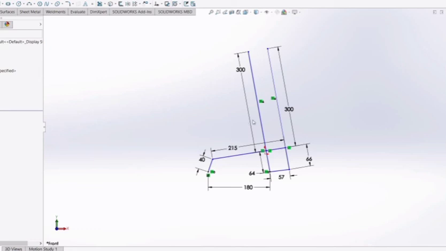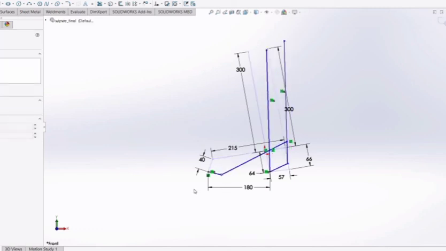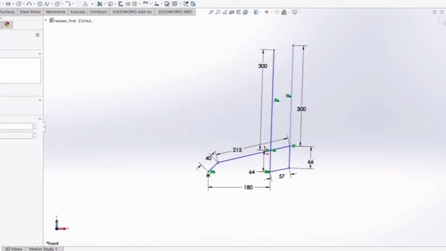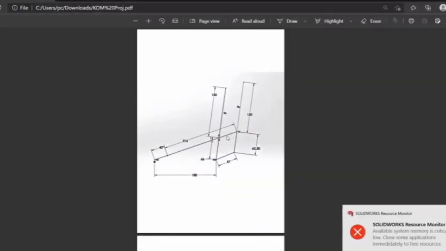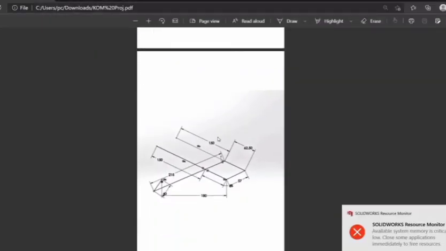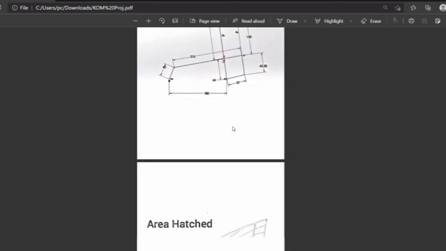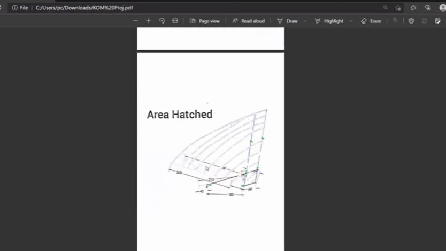Also, we designed a model for a two wiper mechanism, and this is as follows. We did some study on this part. This is one of the extreme positions. This is the second one. This is a random position in between, and the area swept in the second model was this.